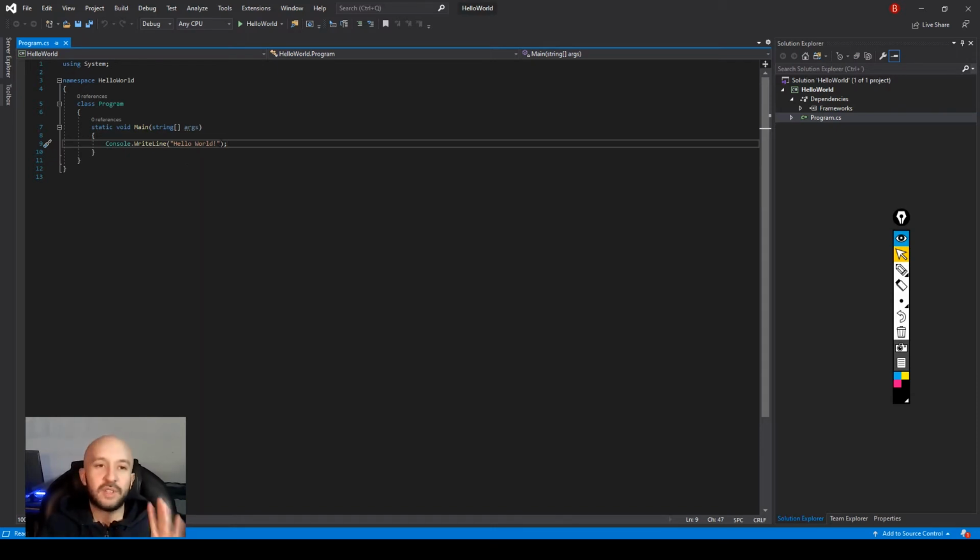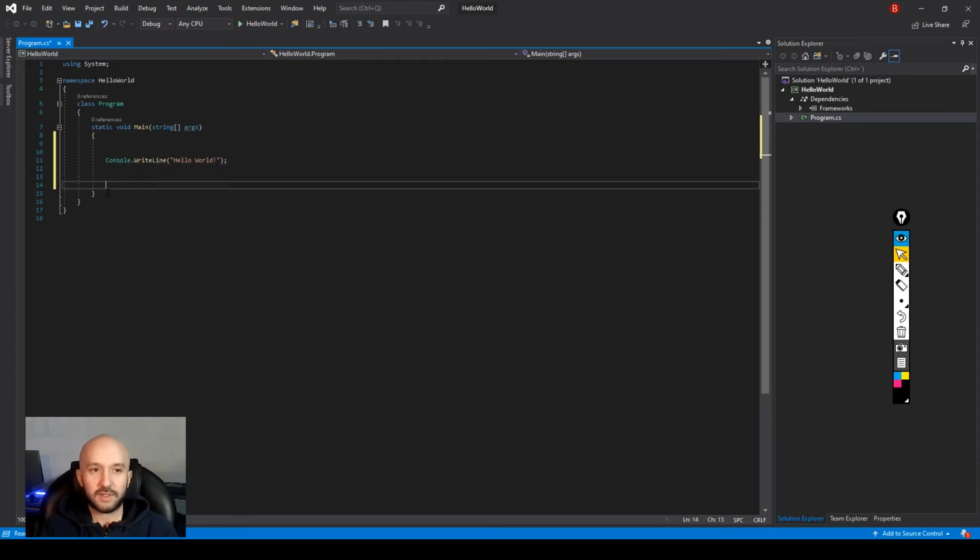But for now, the only thing you need to know is that you are going to be working in this space, okay? Between these two curly braces, this is where all your code should be for now. After a little bit, we can create functions and methods and whatever, but for now, just focus on writing code in here. And if we take a look, the first line that we are presented with says